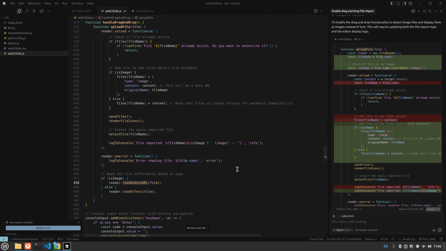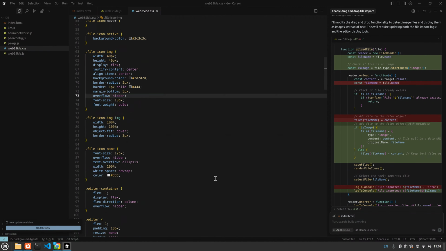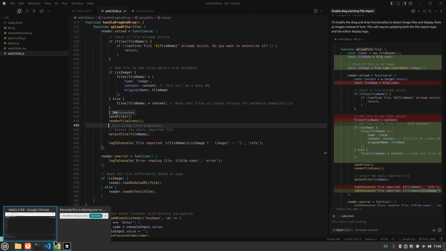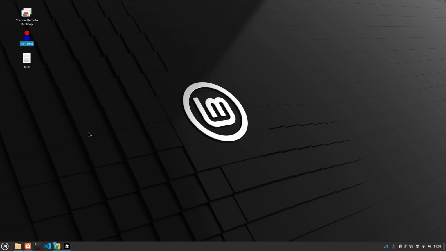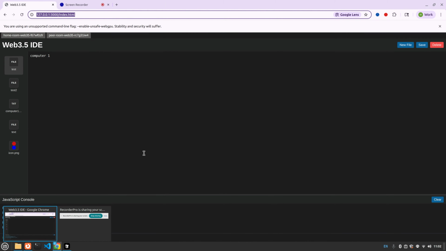Now accept file. These are the CSS elements. So let's try again. Let's refresh the page and go to the file. I want to be able to go like this. Then yeah, it's an image, an icon PNG. So this cannot be edited. These are the samples. Now let's go into the peer